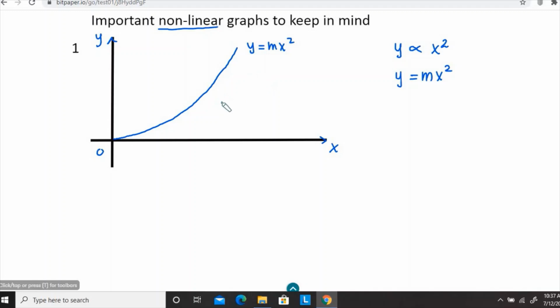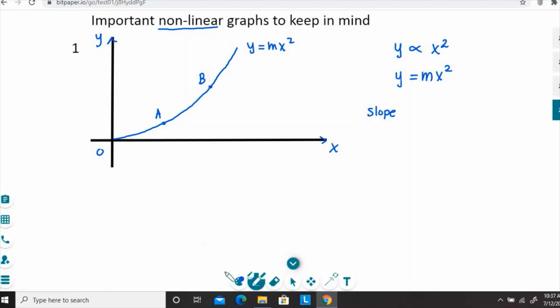Now, what is the slope of this curve? The slope for this curve is position dependent. For example, if I consider 2 points A and B, how do we find the slope? We draw a tangent to the curve at that point. Let me use a different color for that. If I draw the tangent for A, it's going to look like this,